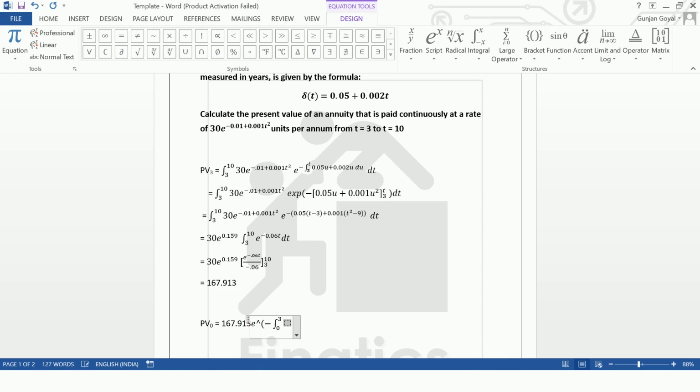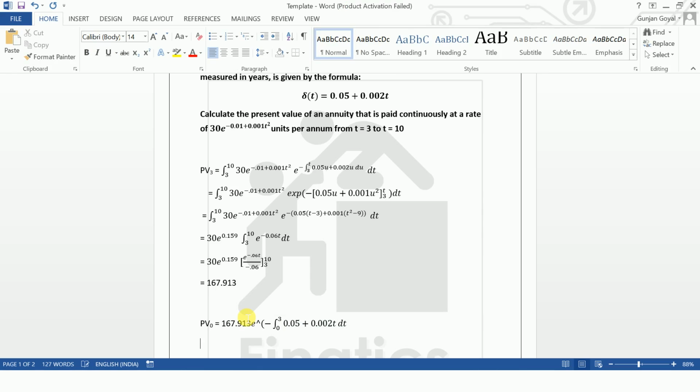So this becomes my limit, and then 0.05 plus 0.002t dt, and then when I am inside this, I close and press a space. So now this becomes my power of dt, which I actually need,